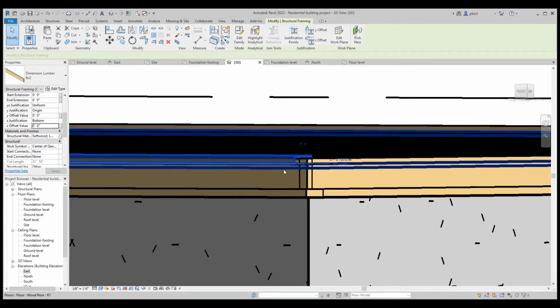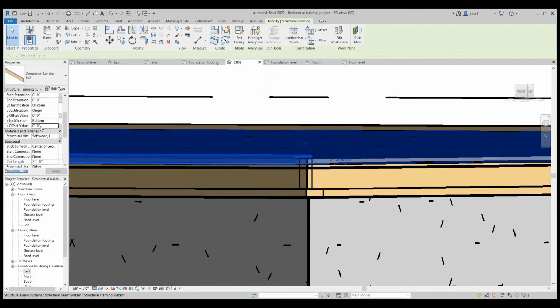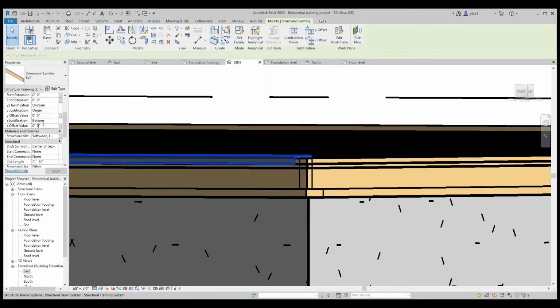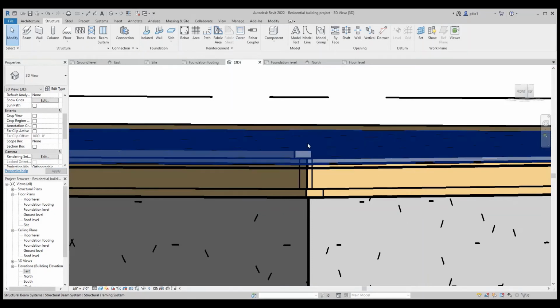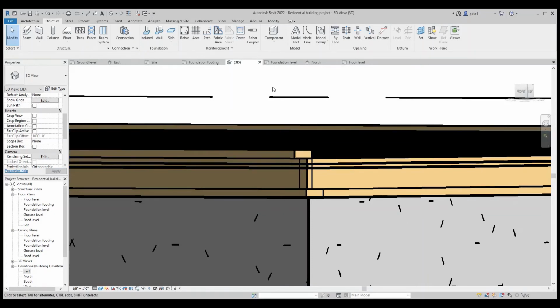It's low, so I'll change it again to 0.1 and say apply. And it's sitting on the joist. So after setting that, we'll go back to the floor level